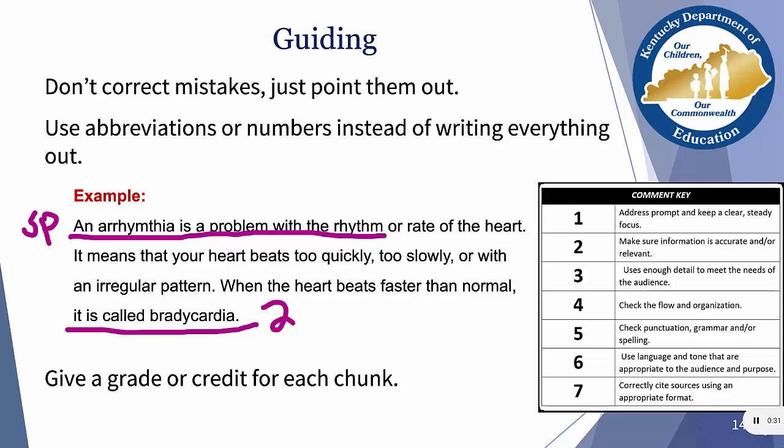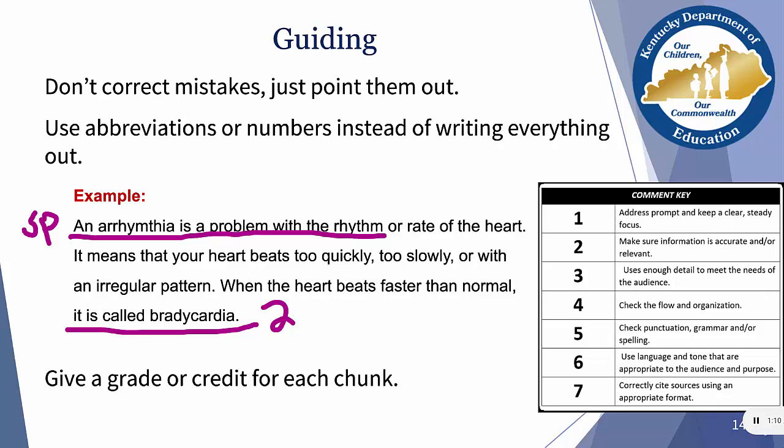We just point them out. So you can see here that I've just underlined the first line. You can circle the word that's misspelled. I usually just underline the line, and it's up to them to find it. You can just use an abbreviation, SP. That's pretty clear for spelling. But a lot of teachers like to use a comment key with just numbers, and they'll post that up in their room, and so they'll just go down with numbers. I tend to forget the numbers, so I tend to just